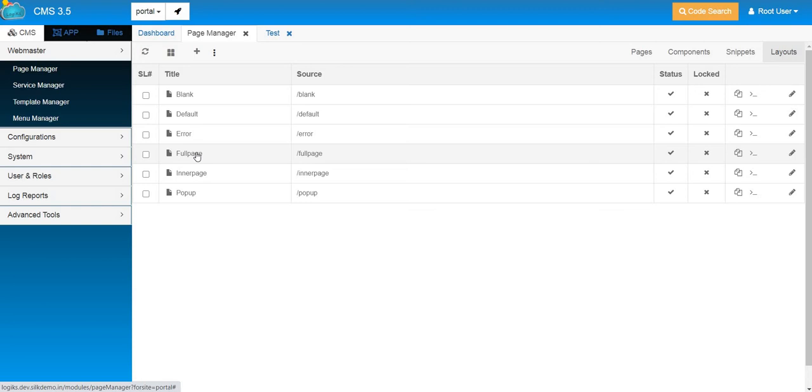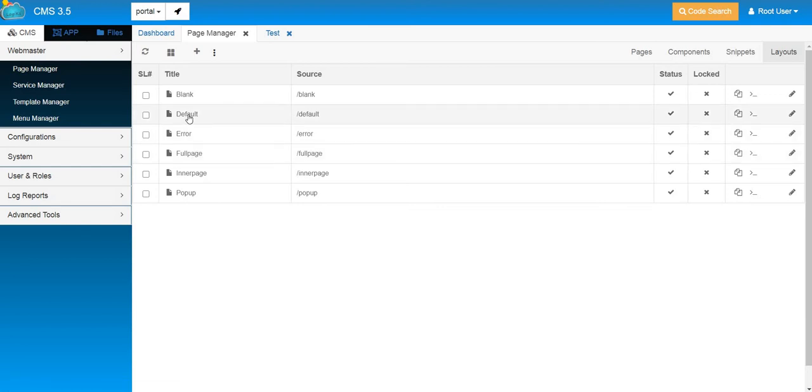For example, a login page is a full page example. Whereas if you look at an about page or home page inside a website, it can be a page with sidebar, header, footer or only header and footer. So the layout changes accordingly.